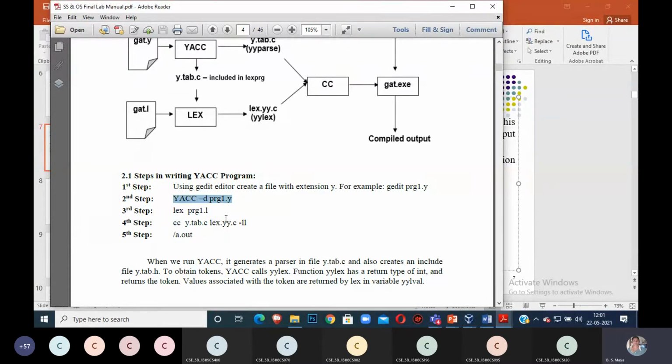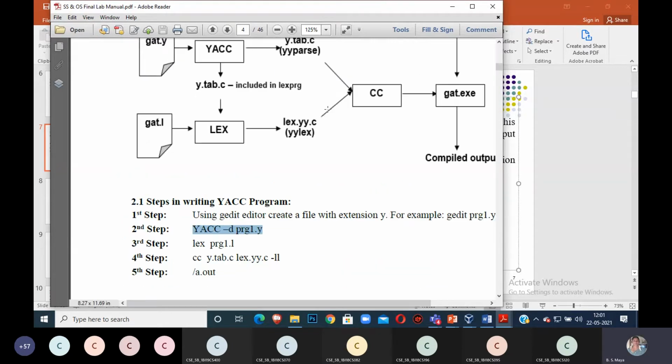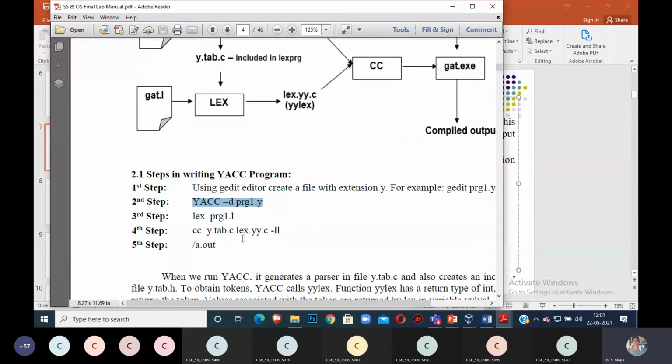After compilation of Yacc, it will generate it. Next, give one space. Lex also generates a C program. That name is lex.yy.c.